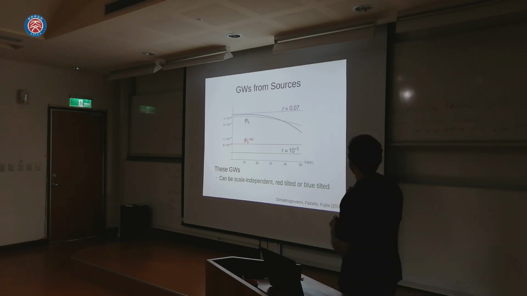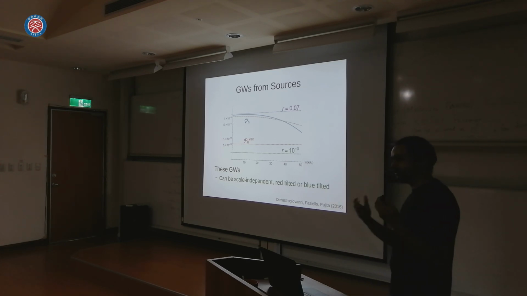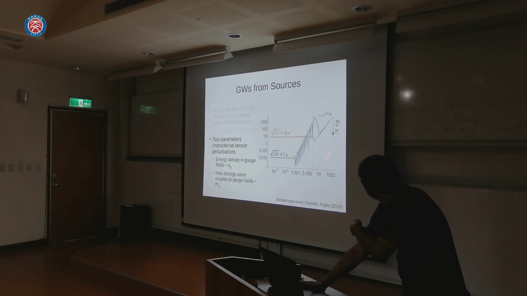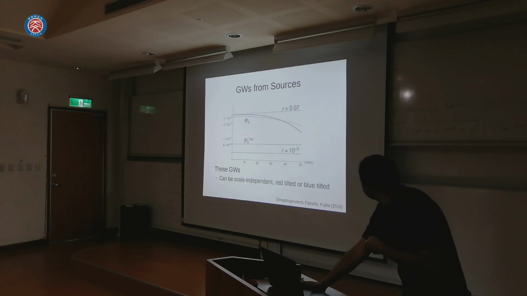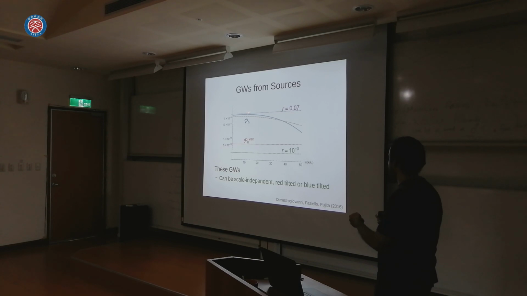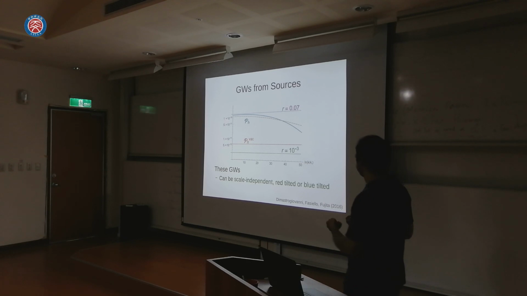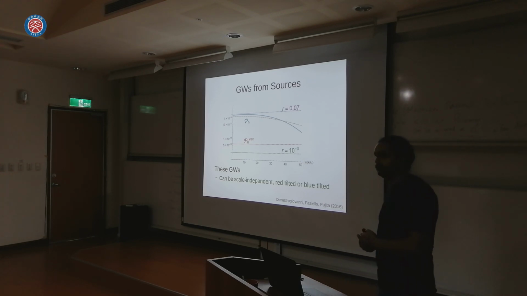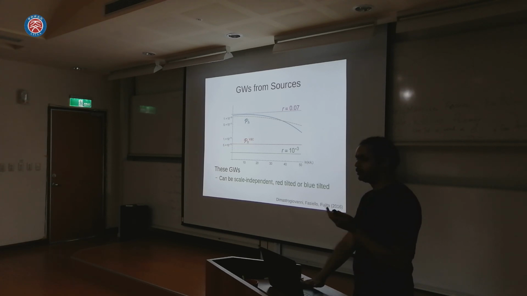However, what is also interesting is that by controlling these two parameters, epsilon B and mQ, we can also make these gravitational waves red tilted or blue tilted. So if we actually observe such a tilt in gravitational waves, we may attribute it to a mechanism like this. But just the power spectrum is not sufficient to tell us about the origin of these gravitational waves.